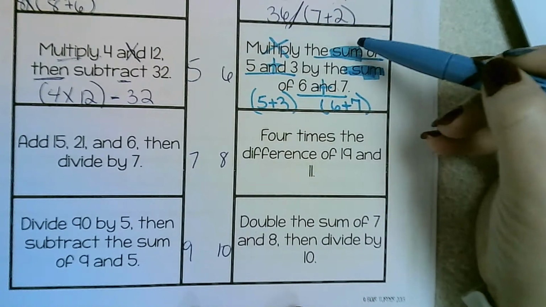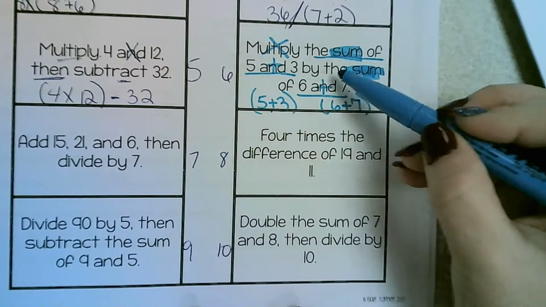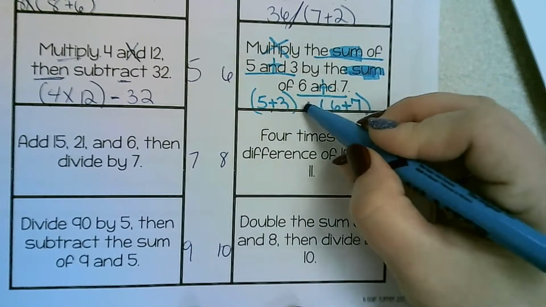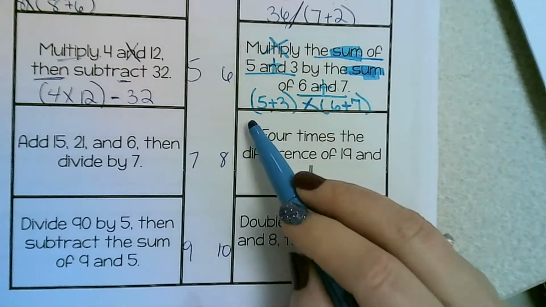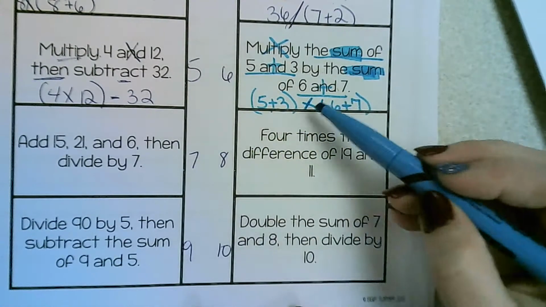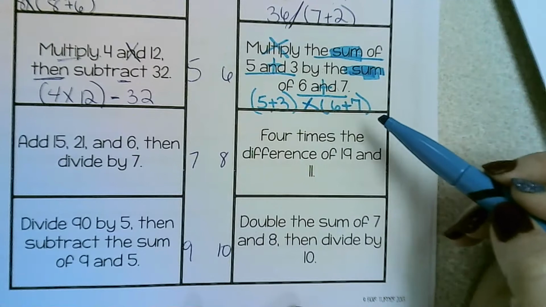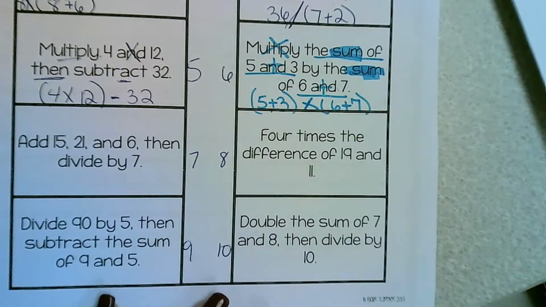So it says multiply the sum of 5 and 3 by the sum of 6 and 7. So I'm going to multiply those two sums. Okay, so it should have been parenthesis 5 plus 3, parenthesis, times, parenthesis 6 plus 7, parenthesis. Okay,